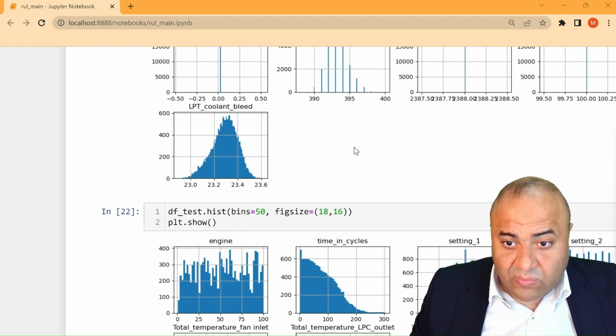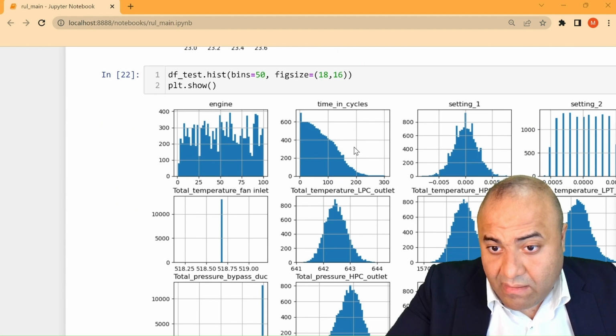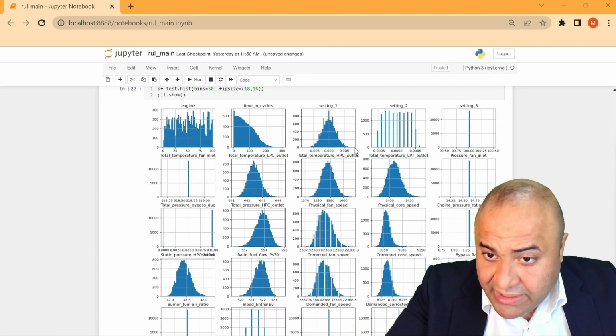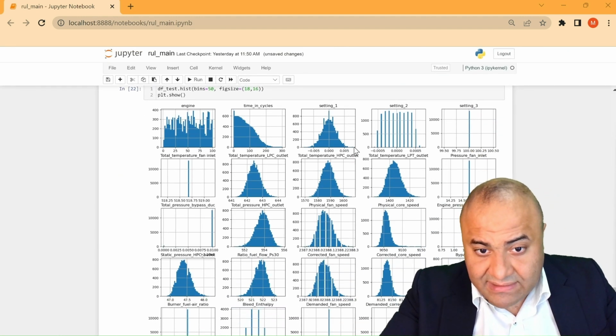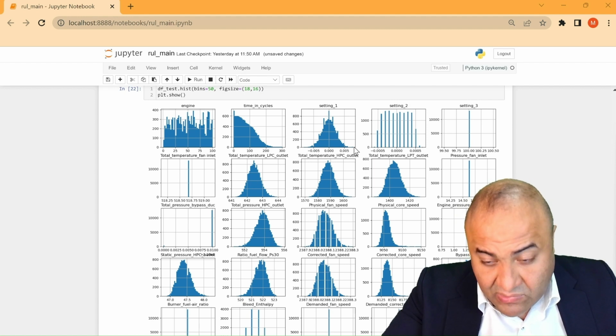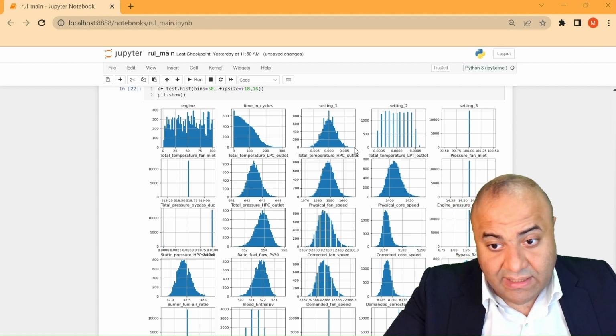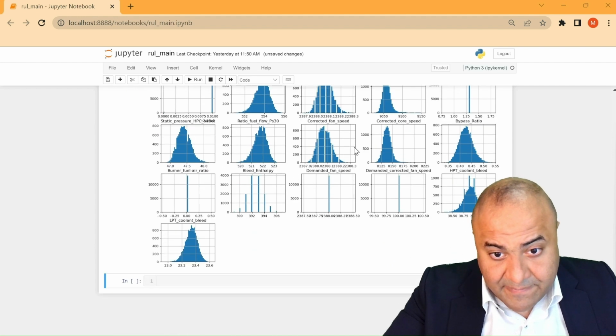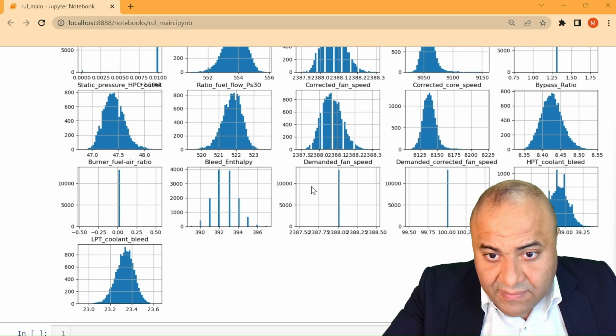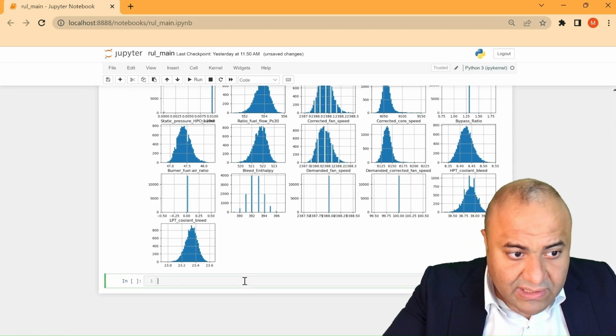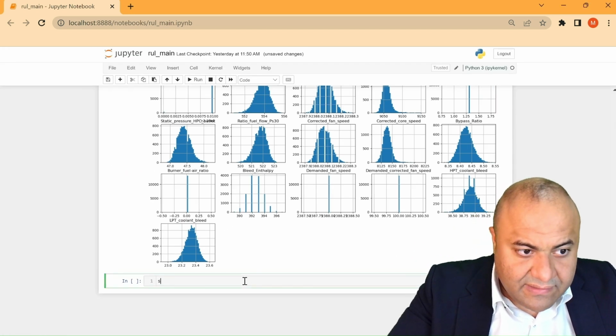If it's not going to change, then it's not going to give us an indication of what the life of the engine is going to be, or anything. So what we will do is remove these constant values. To do so, first we need to